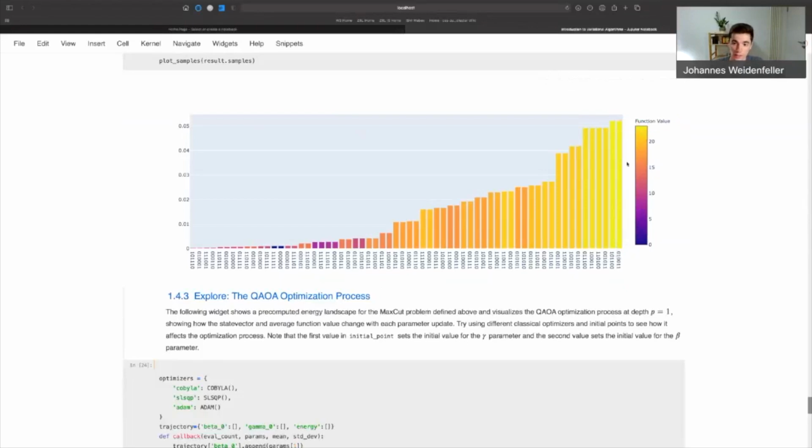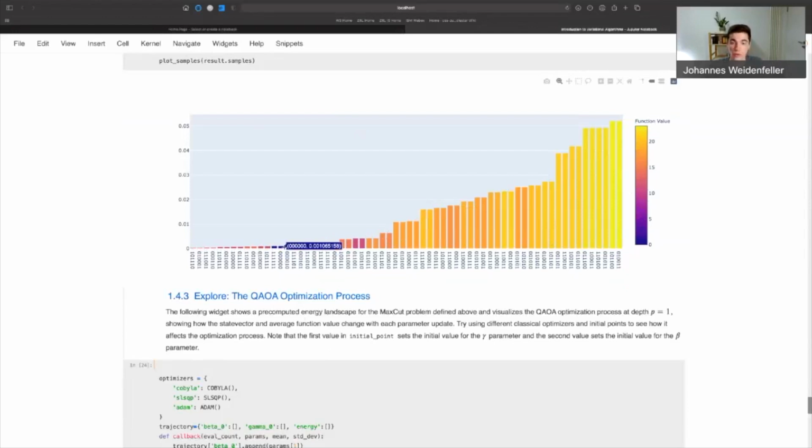Additionally, we can see on the colors here what the function value, so the cut value for these different bit strings are. And so we see a result that we would kind of expect. We get a larger overlap with bit strings whose function value is very high, so who have a very good cut value. And we have a lower overlap with quantum states whose value is pretty low.